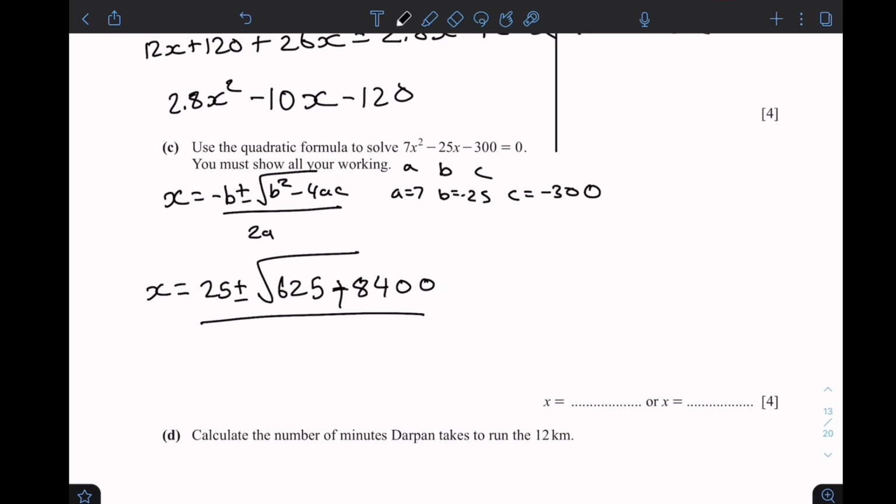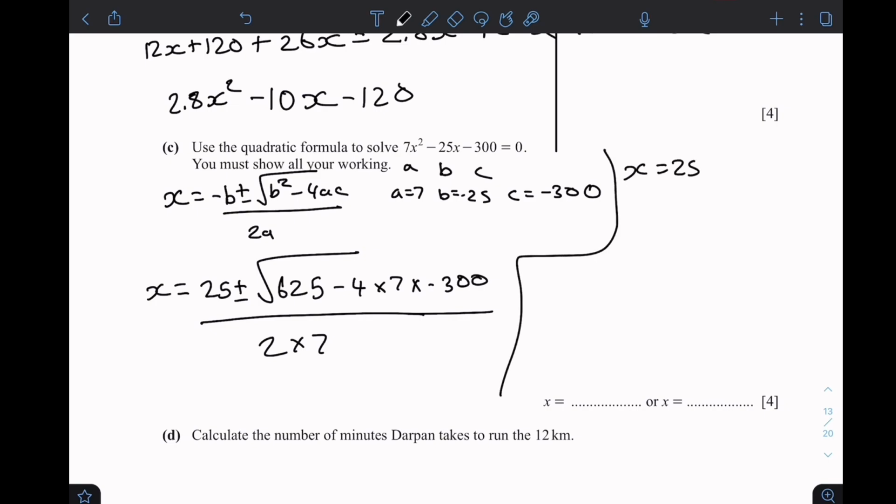Sorry, it's a plus because minus 4 into 7 into negative 300, and divide this by 2 into 7. Okay, so x is equal to 25 plus minus root of 625 minus 4 into 7 into negative 300, which